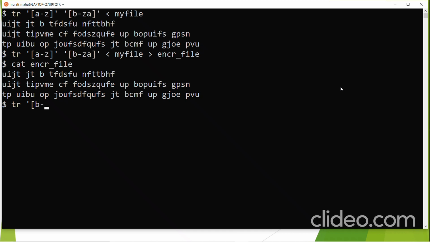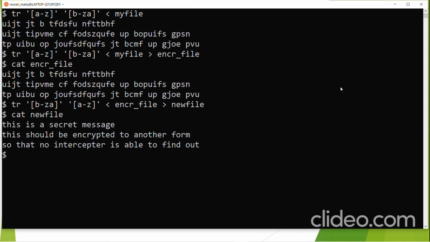B to Z A to A to Z, from this encr file greater than new file, something like that. Now look at the contents of new file. We got the content back. So you put it the other way, something like unjumbling it. First jumbling it and then unjumbling it.